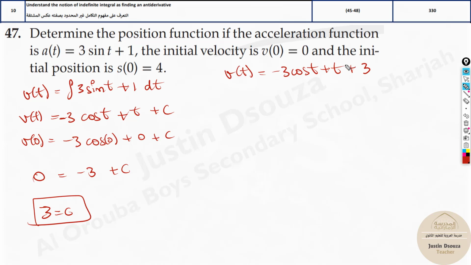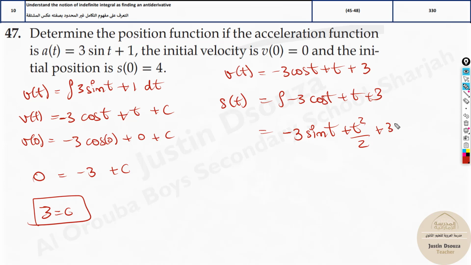This is the answer. Now this is not the final answer. They have asked for the position function. Integrate this over here. So integrate both sides, and you will get the position function. So the integral of minus 3 cosine t plus 3. Here it will be minus 3. What is the integral of cosine? It is just sine. The sign is positive itself. But we already have a minus sign, so we leave this as minus, plus t squared by 2 plus 3t